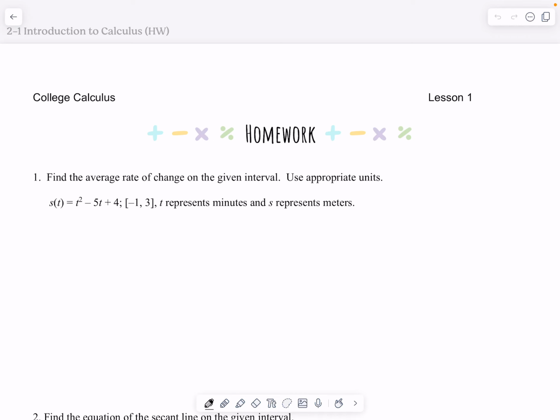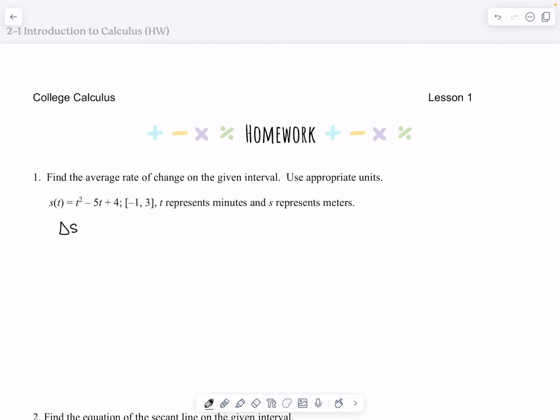Okay, we're going to take a few minutes to go over homework 1. So question number 1 asked you to find the average rate of change over the given interval, -1 to 3, and to use appropriate units. So just to review what we did the other day, if I'm finding the average rate of change, in this